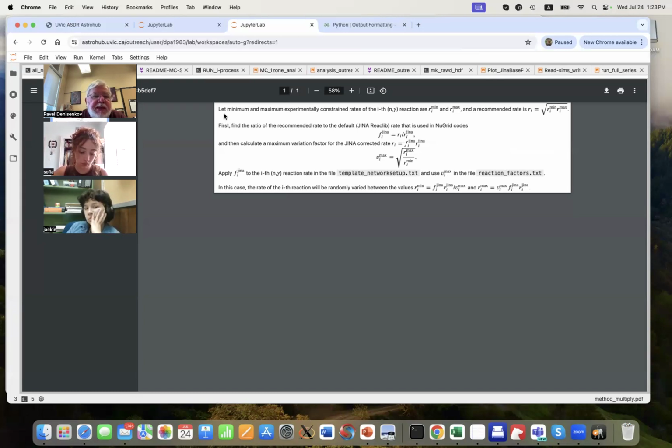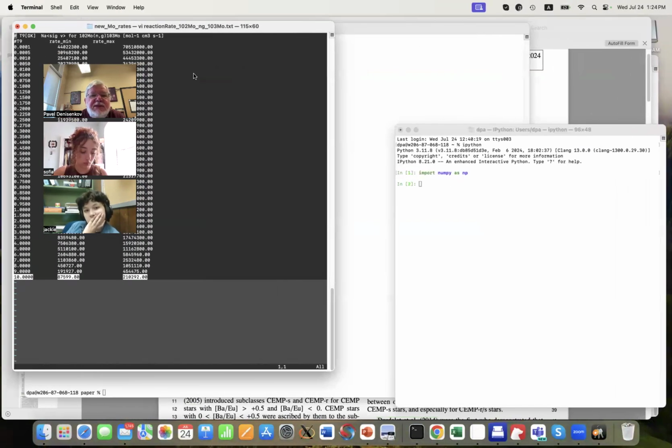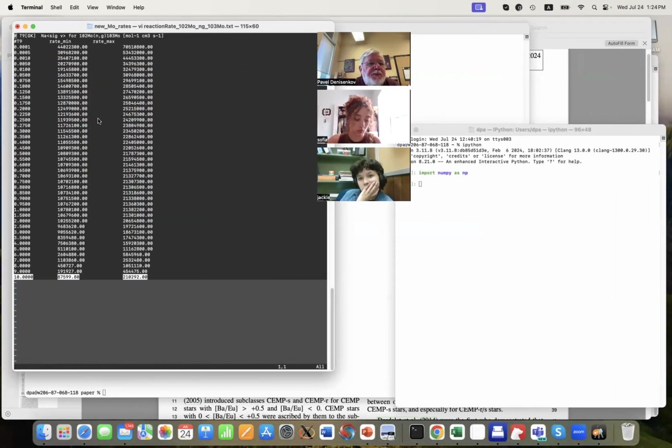Okay, first, let the minimum and maximum experimentally constrained rates of the i (n,gamma) reaction be Ri min and Ri max. This means that in the files that I sent you, in this case the molybdenum 102 (n,gamma) rate is in this file, and the second file will be molybdenum 103 (n,gamma).